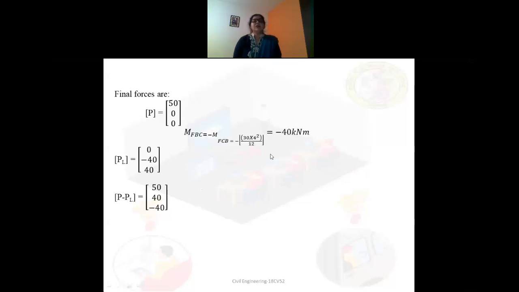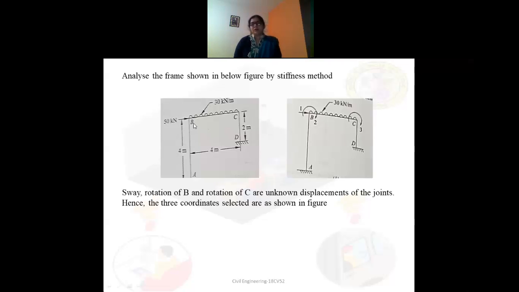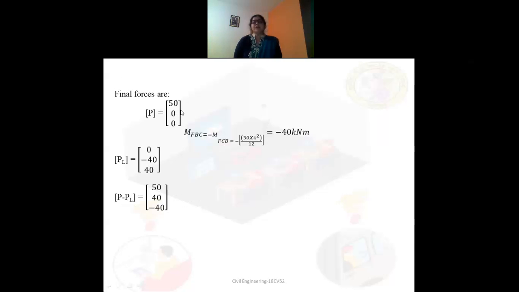Okay. So now what are the forces that are acting? Final forces. So P is equal to, do we have any horizontal load at coordinate 1? Yes, we do have. What is that? 50 kilonewton. We are assuming that the coordinate is acting towards the right, and here also this 50 kilonewton is acting towards the right. Hence it is positive. Do we have any couple at support B or support C? Any moment? Nothing is there. So there I'll write 0, 0. Whereas in place of coordinate 1, we have a load of 50 kilonewton. I have taken it as positive because the coordinate and the 50 kilonewton directions are same.